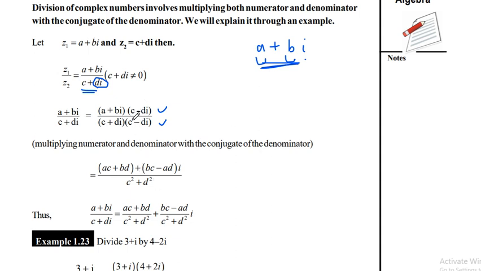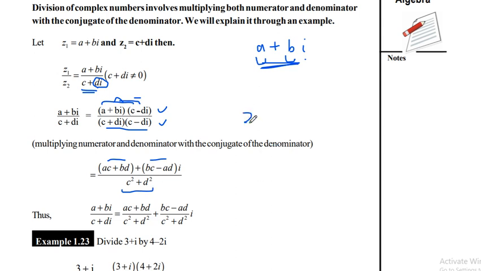So if you multiply and divide by the conjugate, then this is simple multiplication. You see, you multiply a with c, a with d, b with c, b with d, and so on. But in the denominator, you have c plus d iota, c minus d iota. You remember there is a formula, so if you multiply, you get this without iota, this with iota, but the denominator becomes c square minus d square. You have the formula, a minus b times a plus b is a square minus b square. So you get c square minus d square iota square. Iota square is minus 1, so it becomes c square plus d square.